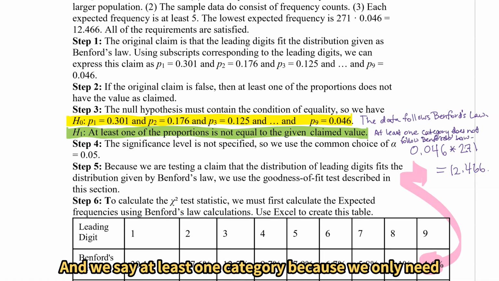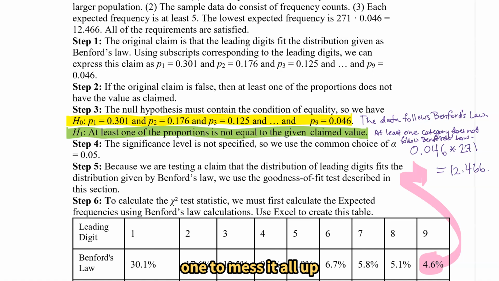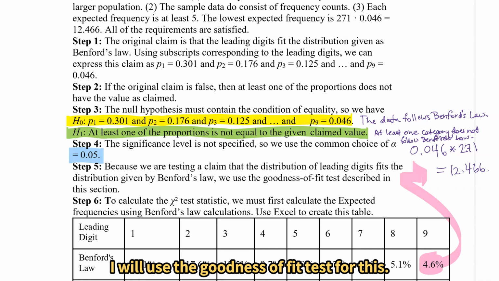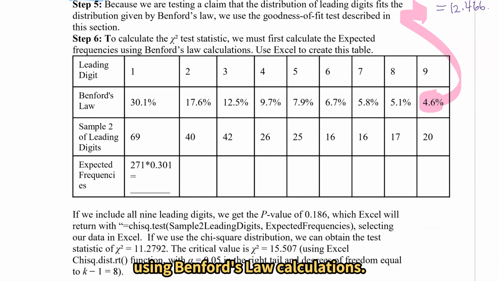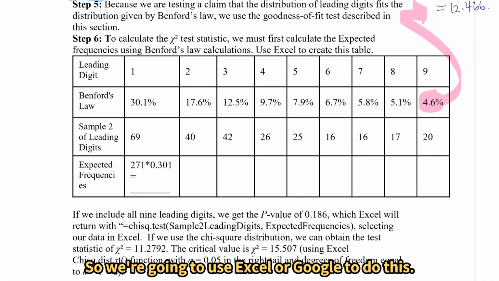And we say at least one category because we only need one to mess it all up so that it does not follow Benford's law. We only need one example to throw it out of kilter. Significance level is not specified, so we'll just choose alpha as 0.05, and we'll use the goodness of fit test for this. First up, though, we've got to calculate the expected frequencies using Benford's law calculations,